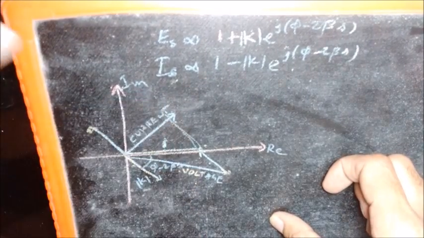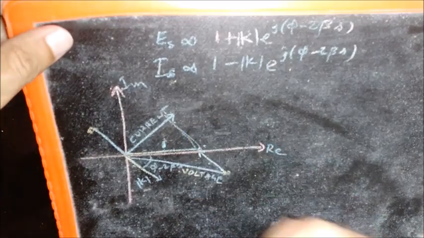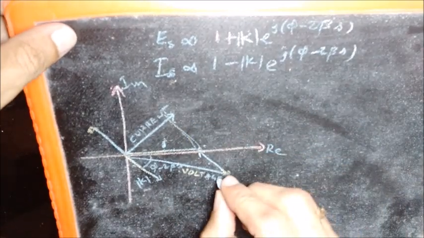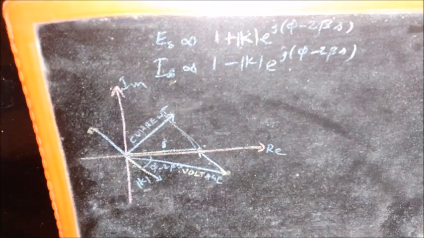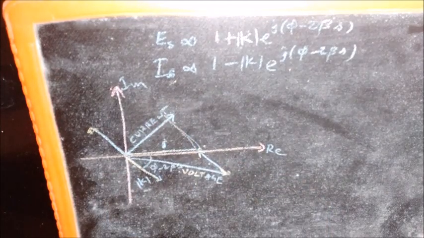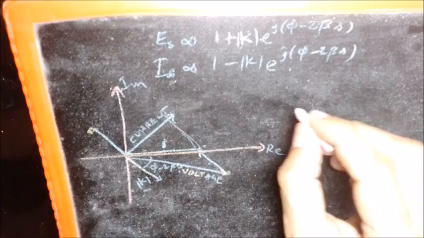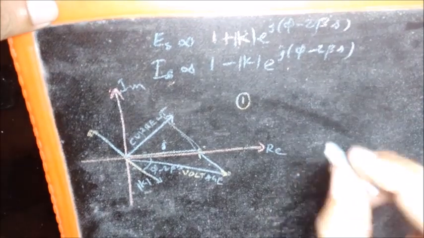So now from this figure, from this phasor diagram rather, we have certain observations to make. Some of them may appear very straightforward, but still we discuss them for the sake of completeness. And remember that this phasor is representing the voltage, this phasor is representing the current. Now the first observation is that, so I'll write the observation here. First observation is that